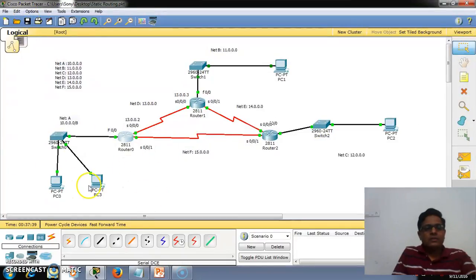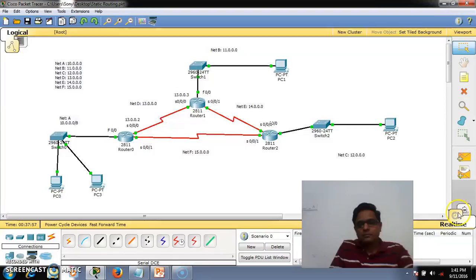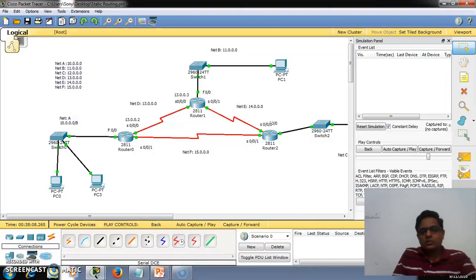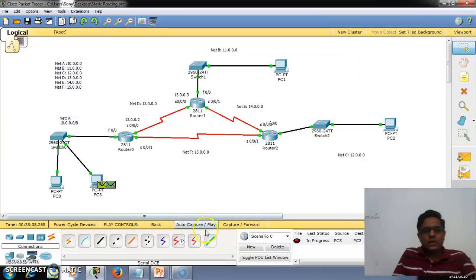So we have configured the network in such a way that the packet should be routed from this device to network C, and the path we followed is this one. Let us simulate it just to check whether whatever we have done is working correctly or not. Just switch to the simulation mode and route a packet from network A to network C, and just see whether the